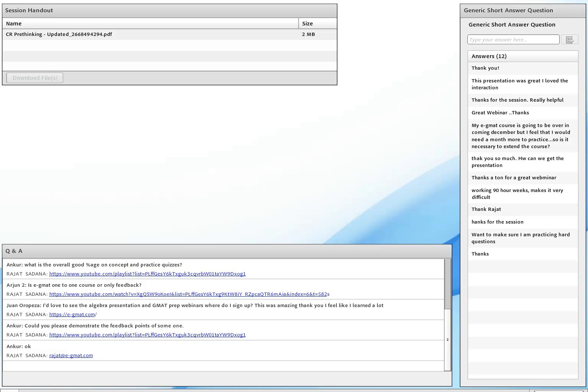How do you do OG quizzes in Scholarinium? You do OG quizzes with our learning platform. Ankur, and the learning platform gives you really good analytics today. Scholarinium has e-GMAT questions that you practice from.